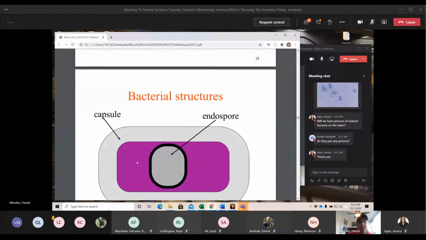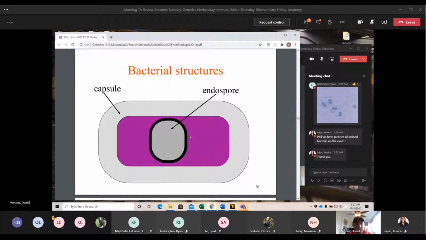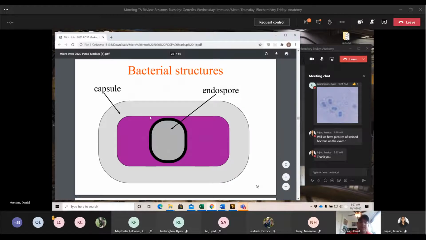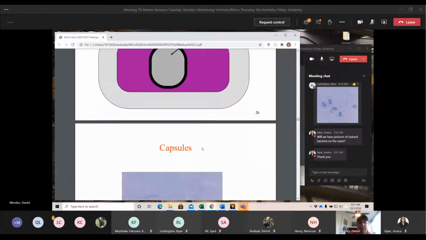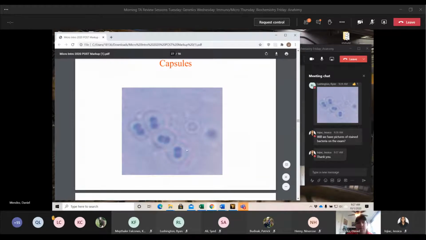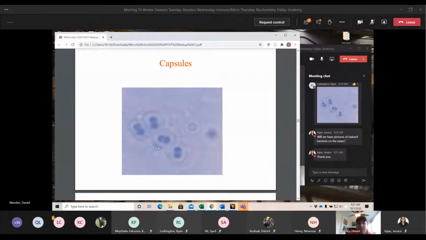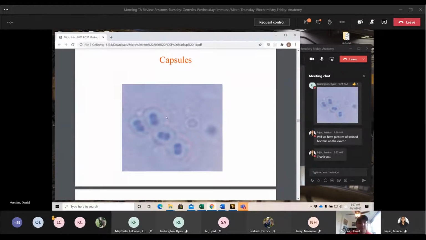All right, some other structures, just like we were referring to, the capsule, and then we have the endospore. We're going to talk about these separately. We already mentioned the capsule in previous lectures, how some bacteria can resist phagocytosis because of that capsule. This is the image that Ryan put up. It's a very blurry image. It's very hard to get those microscope images onto computer images unless you're using a fluorescent microscope, and this is an older picture. But you can see it's a diplococci, 2 little round grape-like spheres bound together, and we can see the capsule around it.